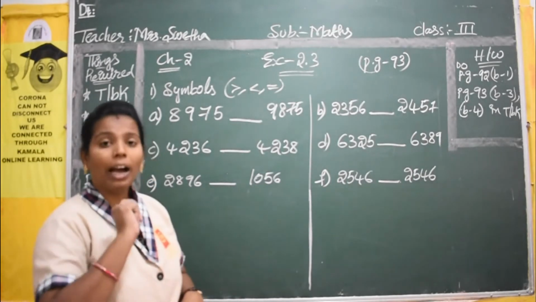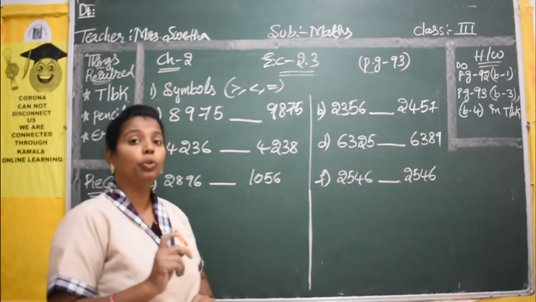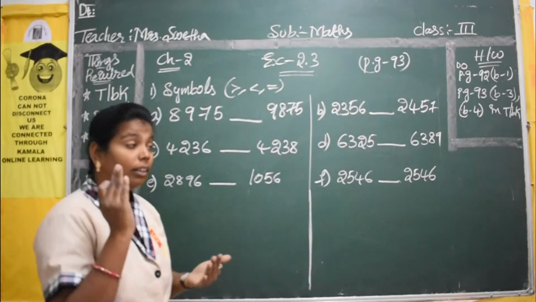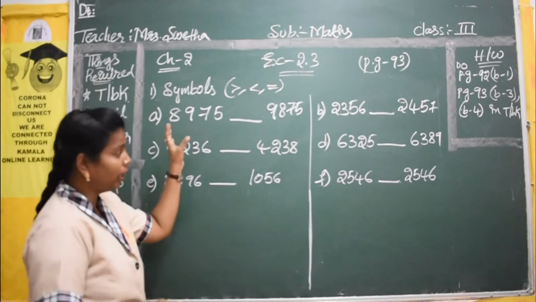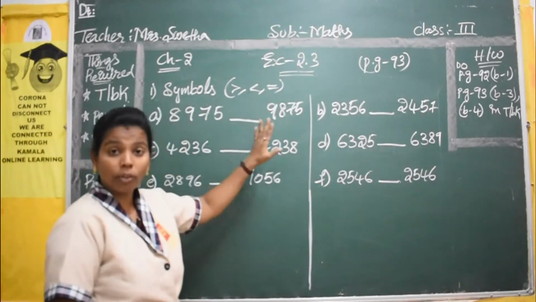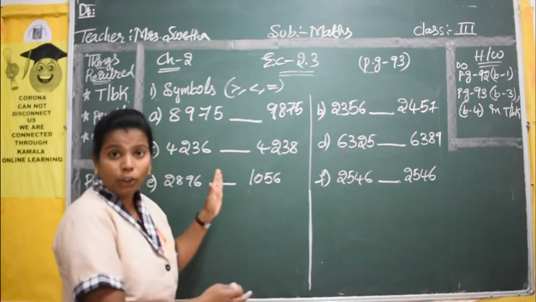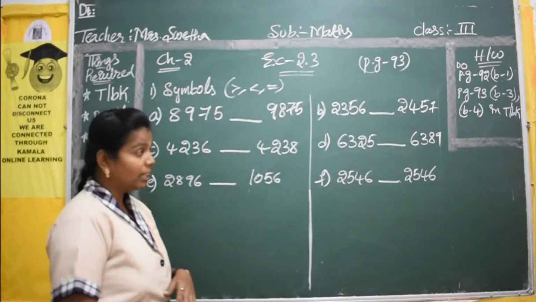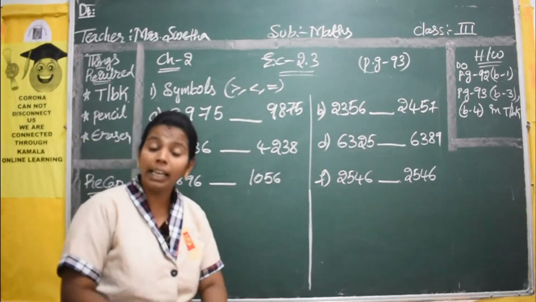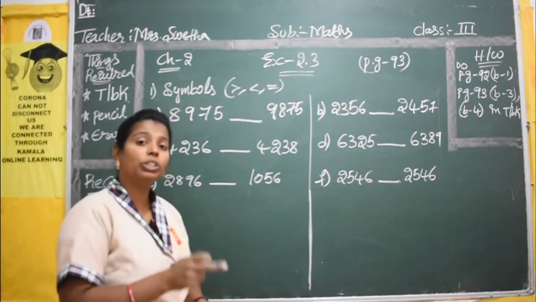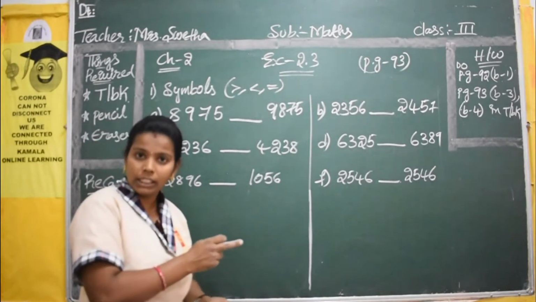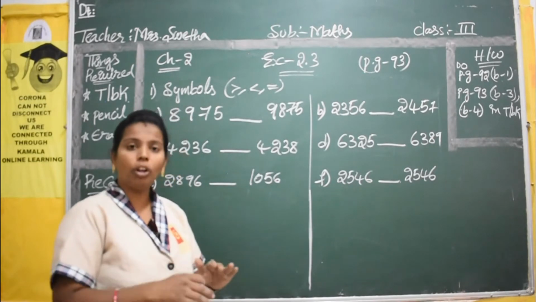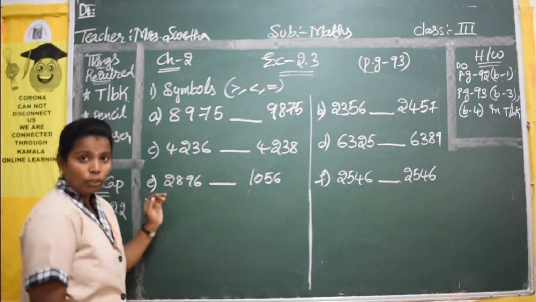First you have to count the number of digits in each number. Count both sides. Whichever side has more digits, that number is the big number. Suppose both sides have the same number of digits, then you have to check each and every digit. If you can decide from the first digit, you can write your answer directly. If not, you have to go to the next digits. Here I will explain.